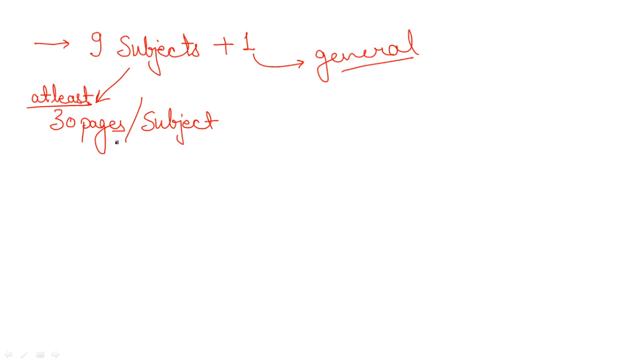Now once you got to know about this thing, guys, when you are starting to make your formula notebook or the concept notebook, whatever name you want to give it, it's up to you. In that case, what do you have to do? When you are starting to make it, you will have already done the partitions for the 9 subjects and just that one common subject, clear? In that case, what do you have to do?